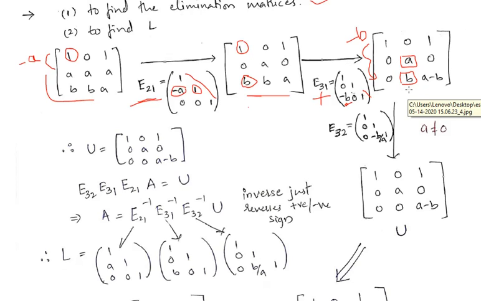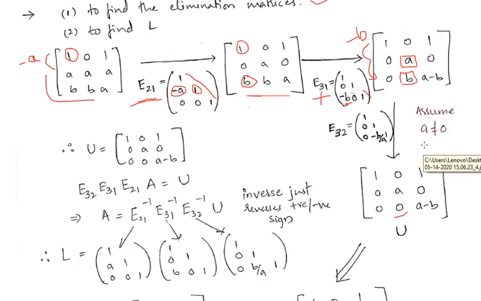Okay, so what will you get here? This a into minus b by a is minus b, plus b, that is 0. So the operation I performed is I multiplied minus b by a to row 2 and then added it to the third row. So when the concept of b by a comes, the assumption will be that a is not equal to 0, because it is getting divided by a. Minus b by a you are multiplying, so if a is 0 it is not defined.